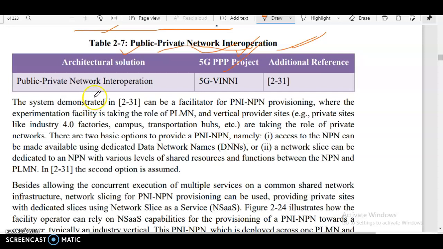The system demonstrated in 2.3.1 can be facilitated for ENI NPN provisioning, where the experimentation facility is taking the role of ELMN and the vertical provider sites, example private sites like industry 4.0, factories, campus, transportation hubs, etc. are taking the role of